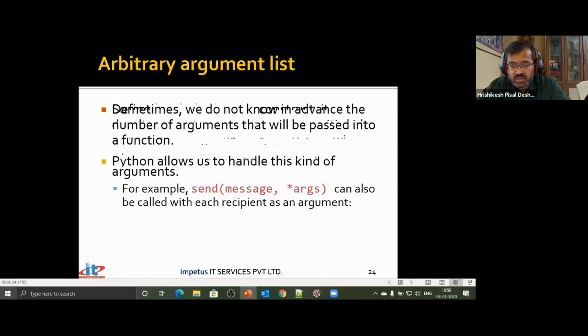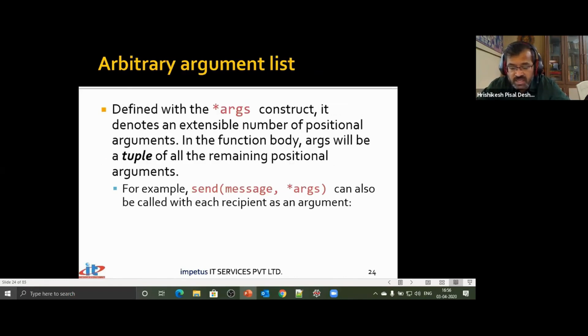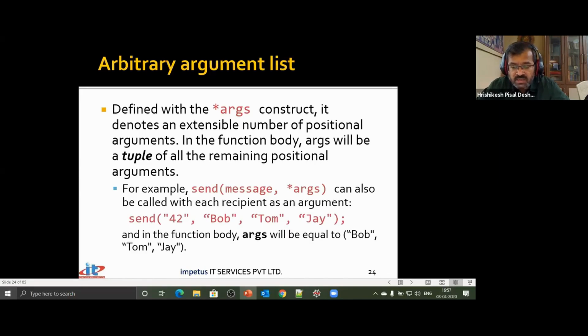And so here we go. I say send message comma star args. अभी मैसेज किसे भेजना है, एक बंदे को भेजना है या 10 बंदे को भेजना है, आपको मालूम नहीं है. तो एक को भेजना है तो I could have just said message comma name, what we had said. But now I'm saying star args, so I can give n number of arguments to which I would like to send this message. So I said send message 42 to Bob, to Tom, to Jay, तीनों को ये message भेज देगा. In the program function body, that arg is considered as a tuple, and tuples are iterable, so we can